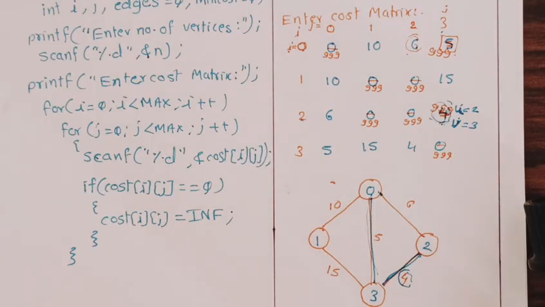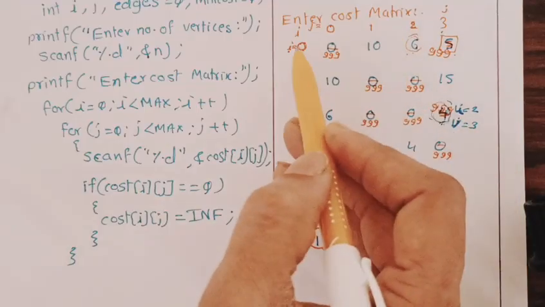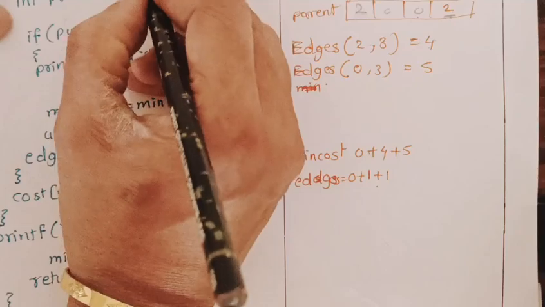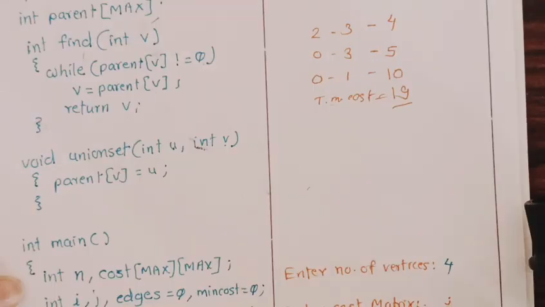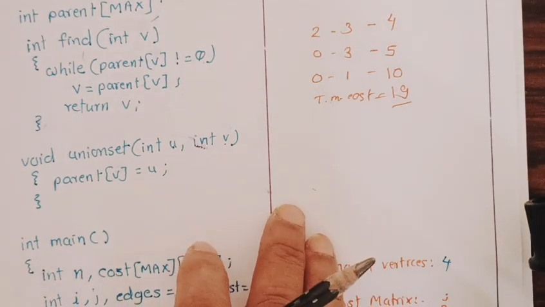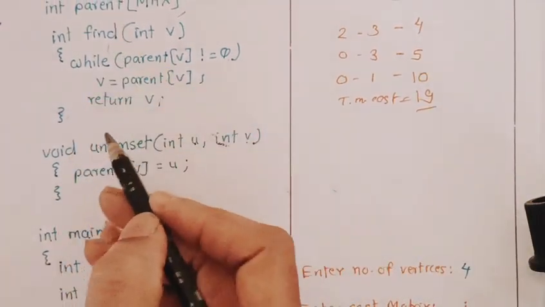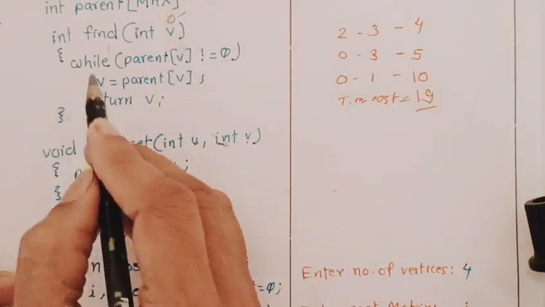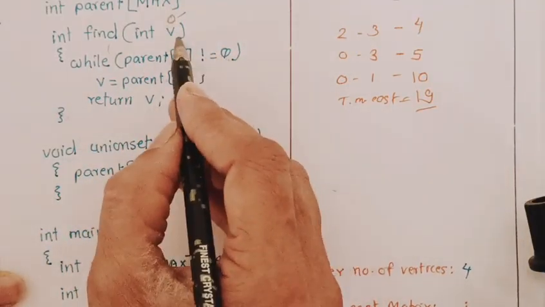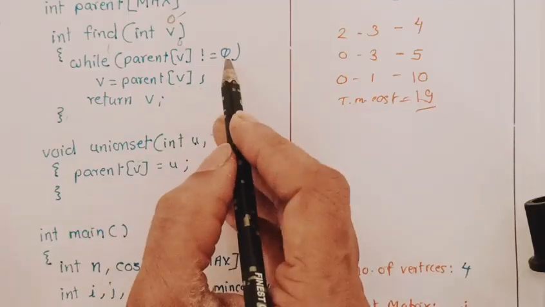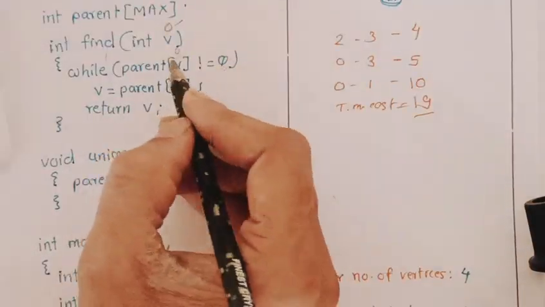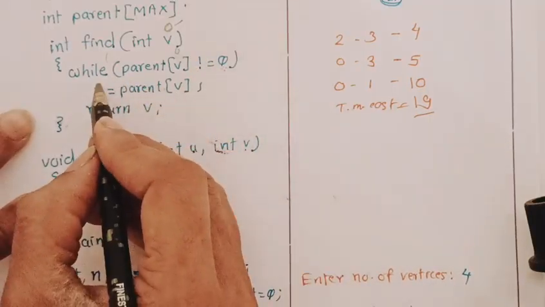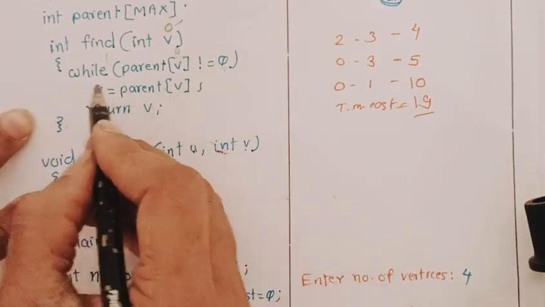So now we will see what the next value is. 6. So the 6 index is in 0 and 2. So 0 and 2 are passing here. U is 0 and this one is 2. Okay. So whenever we are calling the function, we will find out. So you can see here, find of v is 0. So while parent of 0 is not equal to 0. Parent of 0 is, sorry, not 0 here, that is 2. So you can see parent of 0 is 2 here. So we are executing this one: v equal to parent of v. So v will become 2 here.